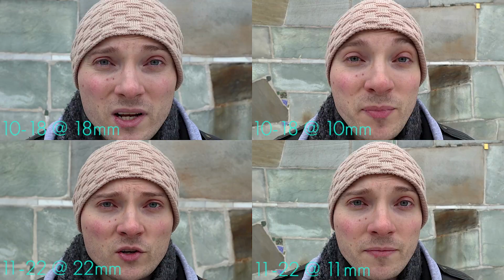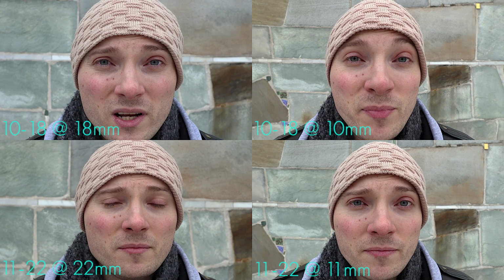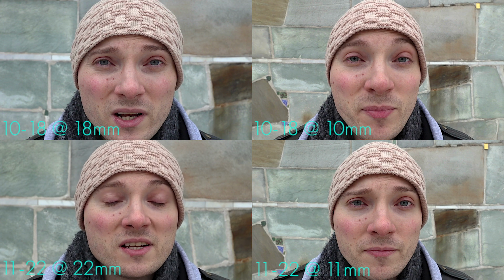Same test, 11-22, currently at the 11mm wide end and at close proximity. Same kind of distortion as we saw with the 10-18. At 22mm, basically the same result as with the 10-18, maybe slightly better. Then again, you're gonna get away with it anyway because no one has the direct comparison to a completely undistorted